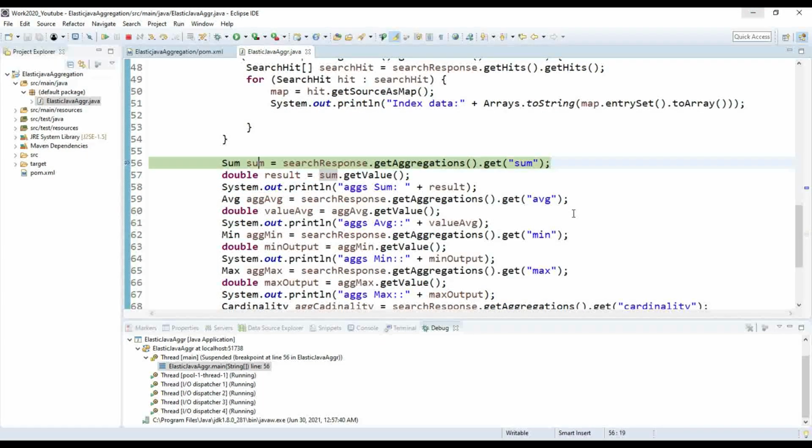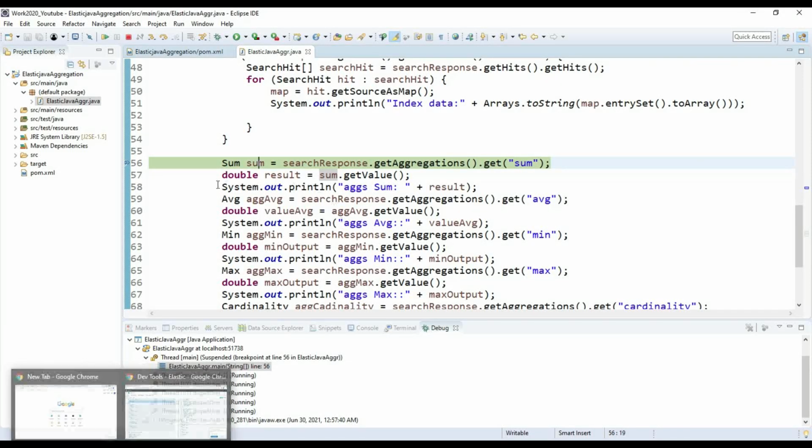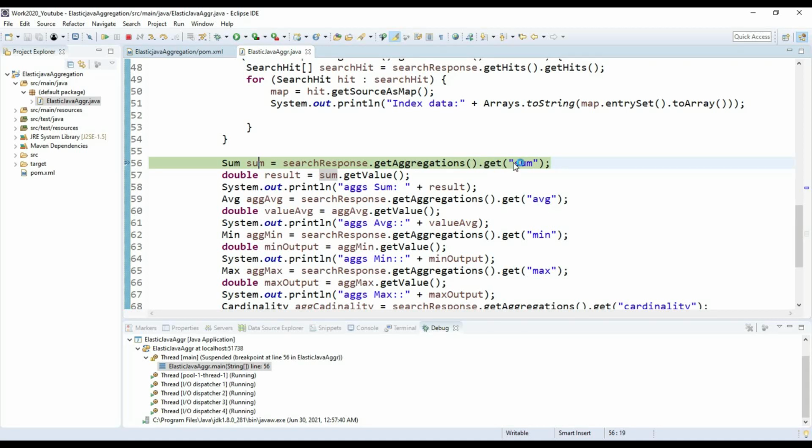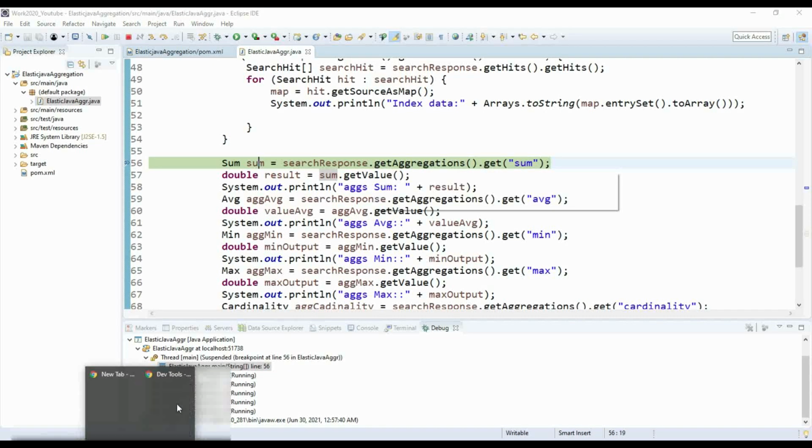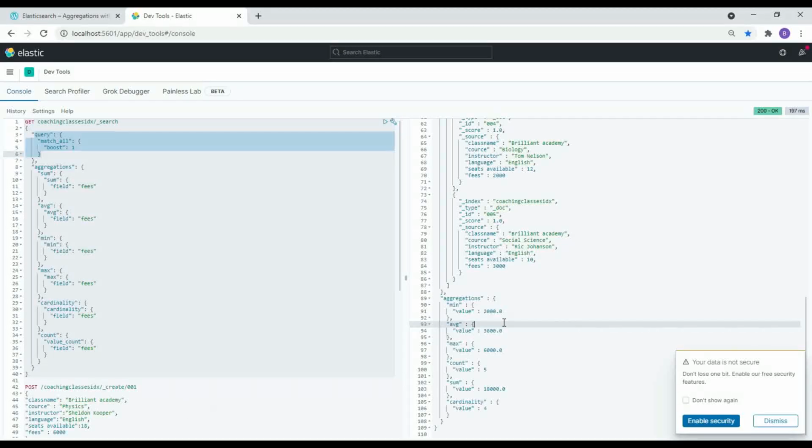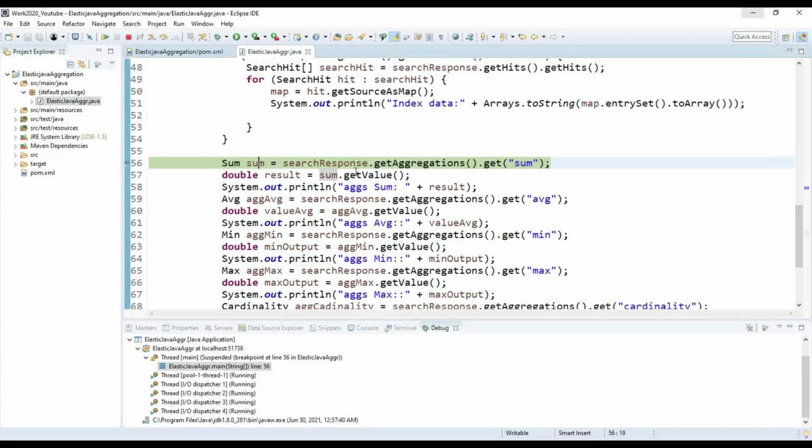Here, what I'm fetching is whatever value I have in the sum aggregation. From my aggregations I'm fetching the sum aggregation, and I have to print this sum.